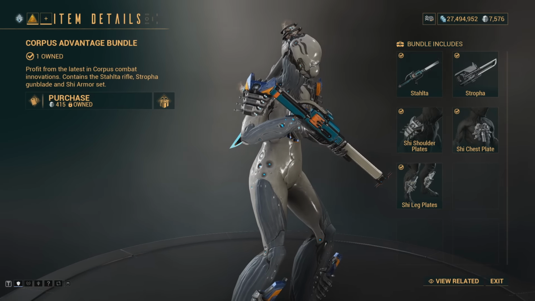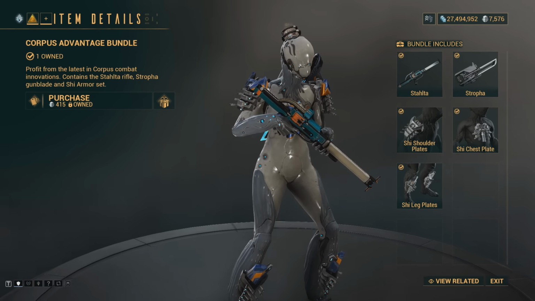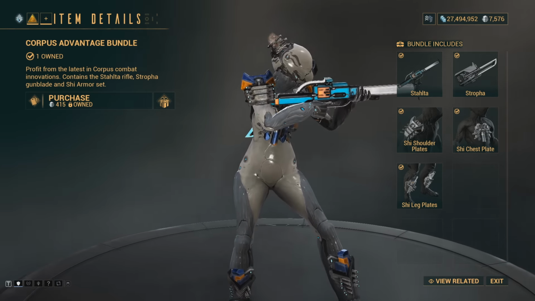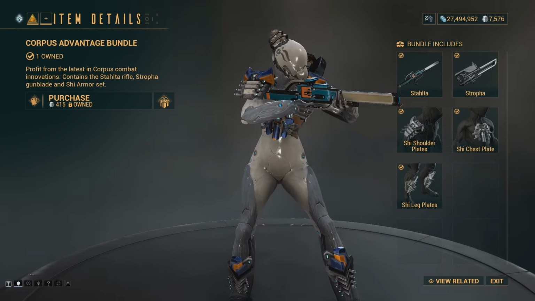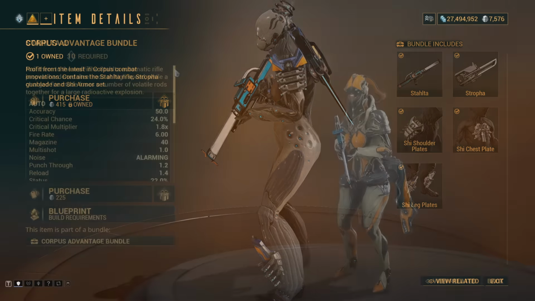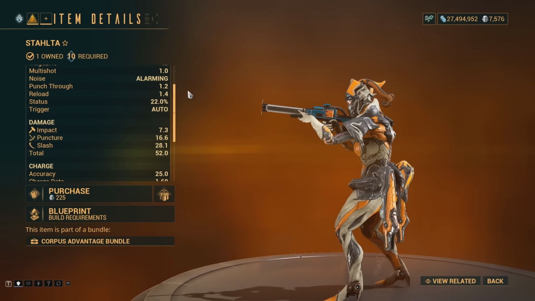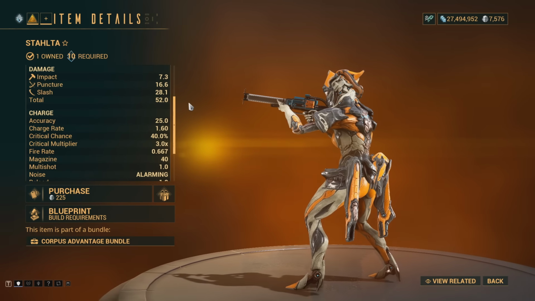The Corpus Advantage bundle is also available with this update and can be purchased for 415 platinum. This bundle contains the Stolta primary weapon and the Stropha Corpus gunblade, as well as the She shoulder plates. The Stolta by itself can be purchased for 225 platinum, or the blueprint can be farmed from the Jackal on